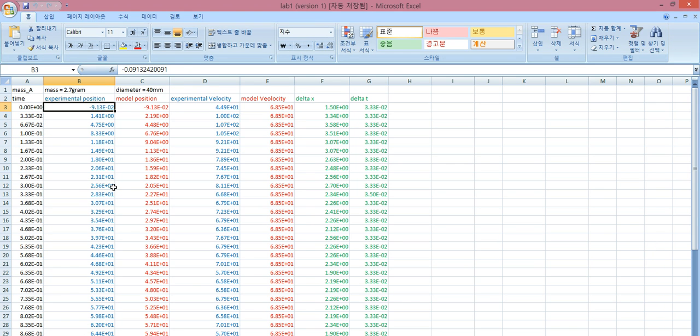One is the experimental position, and one is the model position, and likewise for velocity. Blue is the experimental: the blue position I got from the tracker, and the red model position I calculated. For the blue part, the experimental position is the tracker one. The experimental velocity I calculated by using the formula